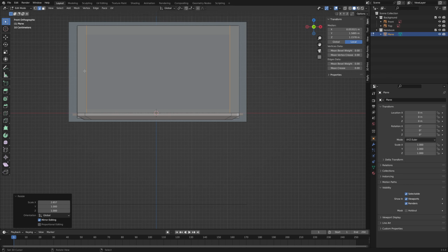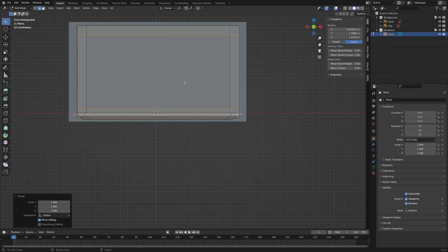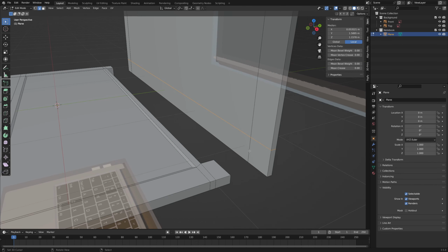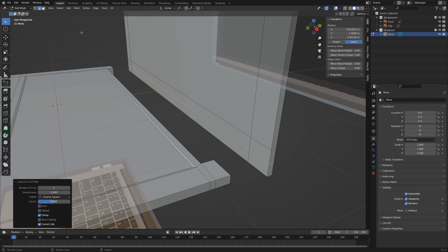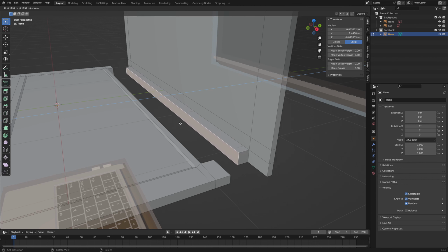We create 2 horizontal loop cuts and with SZ we scale them to the height of our screen. Below our screen we need another loop cut and we switch to face select mode. Select the face in the middle and with E we extrude it forward